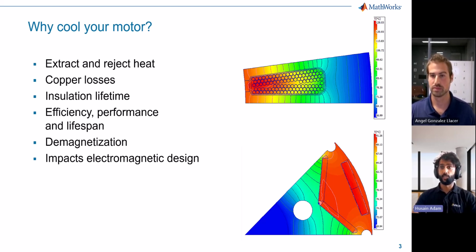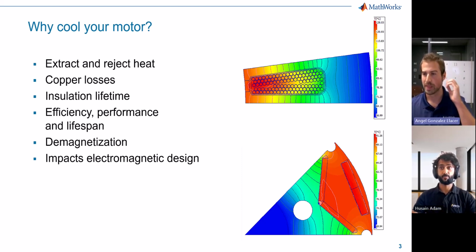So there are several reasons why this is the case. Firstly, the resistivity of copper increases with temperature. So as the copper windings get hotter, their resistance increases, and this leads to increased resistive losses within the windings, which then reduces the machine efficiency. In addition, as a rule of thumb, for every 10-degree rise in the temperature of the windings, the life expectancy of the insulation on the windings is reduced by half. So having a hotter machine both reduces the efficiency, but it also reduces the life expectancy of the motor.